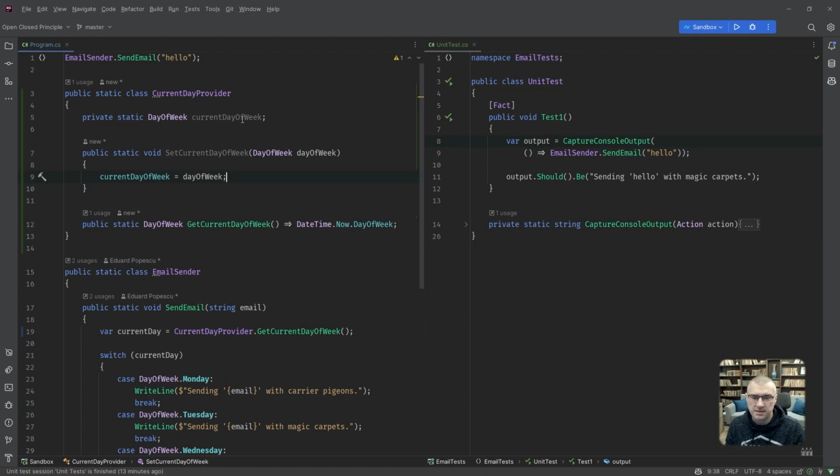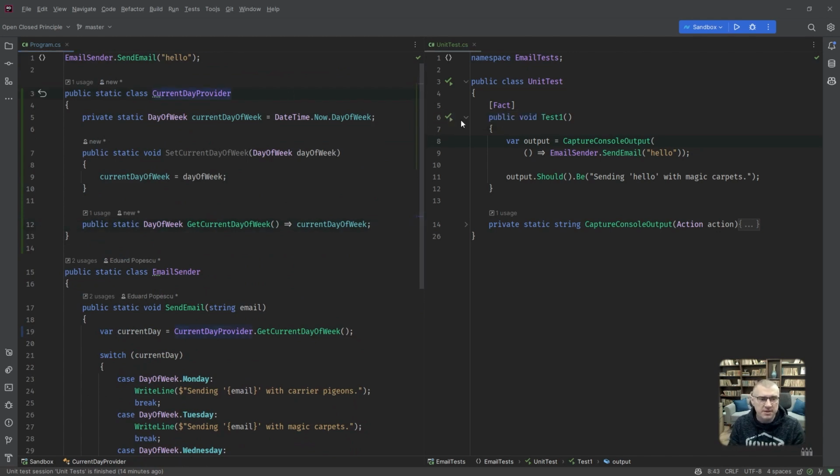And instead of this, I'm going to paste this in here. I'm going to overwrite it. And then I'm going to return the current day of the week. This is funky. Funky in a bad way. We'll see in a second why. Okay, fine.